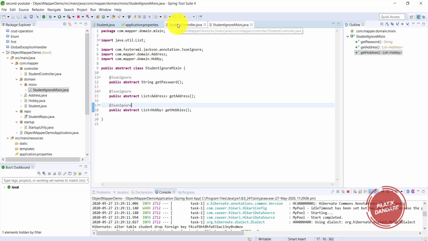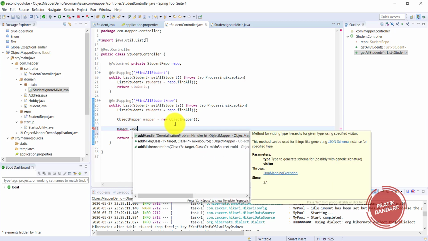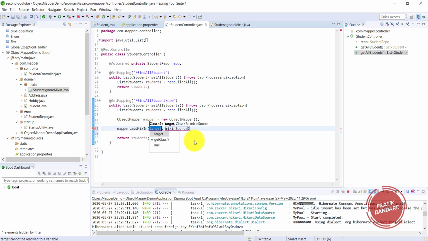Now I am going to use this mixin here. For that purpose, I need to add a configuration here, mapper dot addMixIn. Here first we insert the target class and after that the mixin. So what is our target class? Basically the student class.